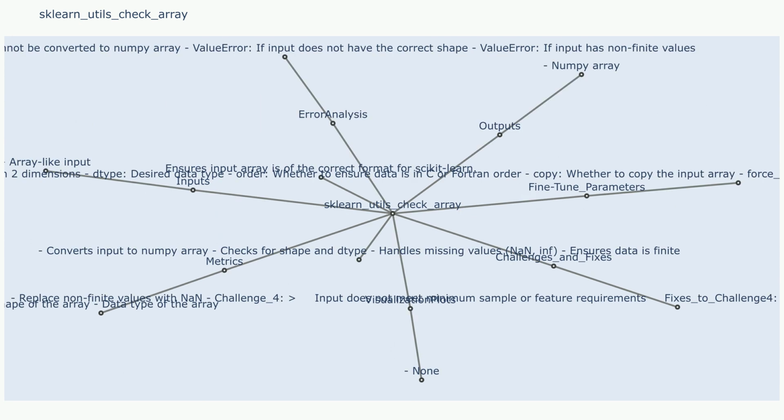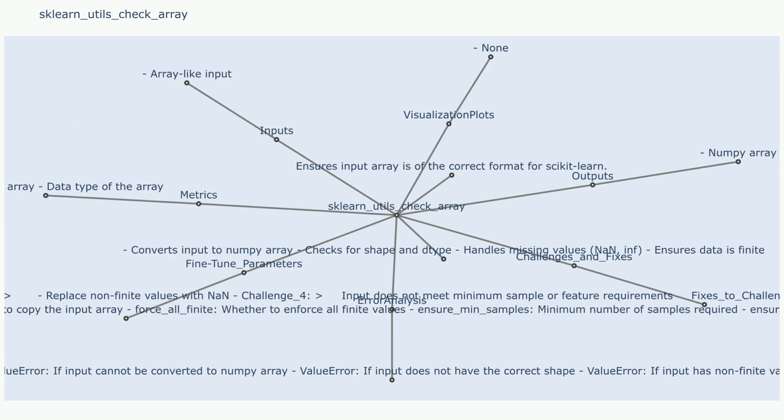Challenge 2: input data with inconsistent dimensions. Sample use case that resulted in challenge 2: a list containing arrays with different lengths. Fixes to challenge 2: ensure the input data has consistent dimensions by padding or truncating the arrays to match the desired length. Challenge 3: input data containing non-finite values, NaN or infinity.